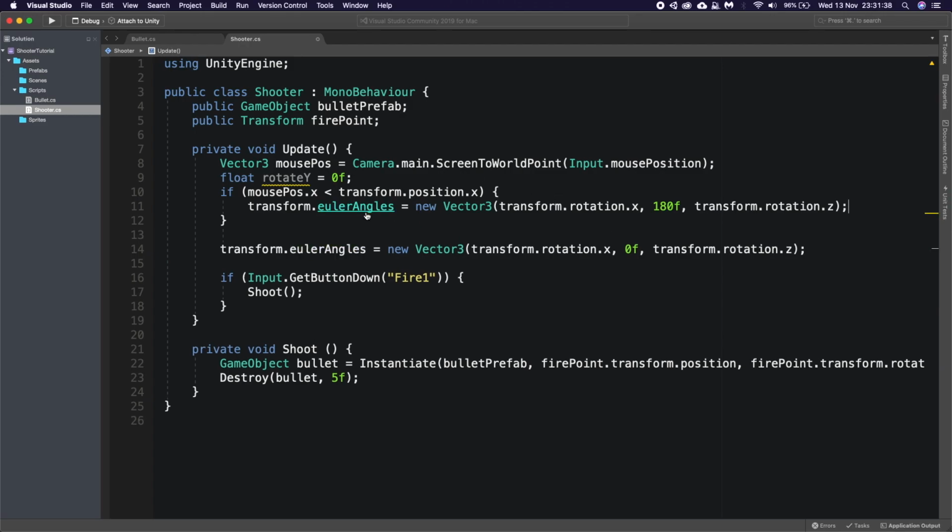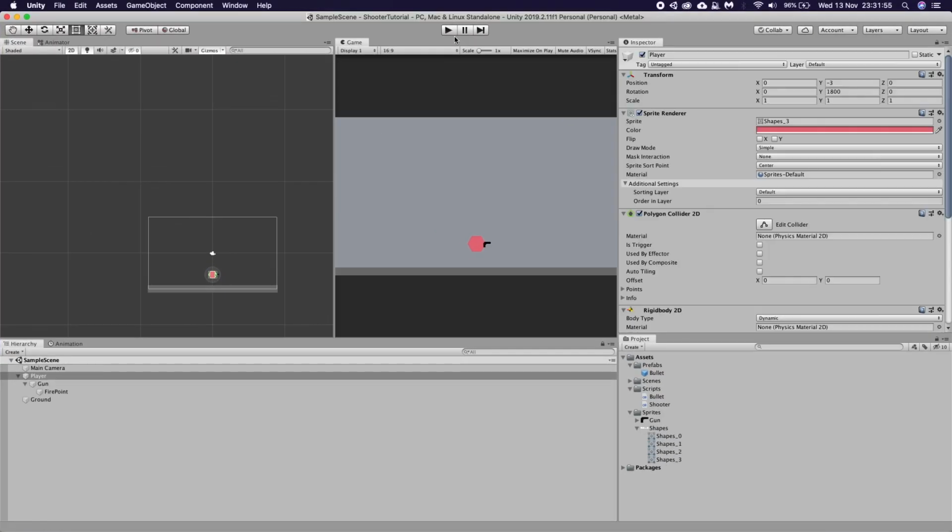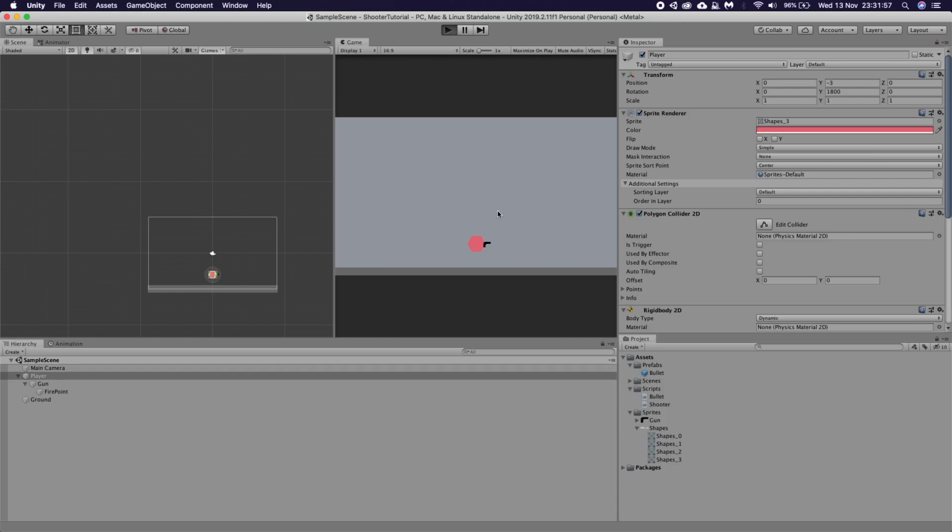We can say in here rotate y is equal to 180f if that is true, and then here we can just say rotate y, and now that fixes that issue. Nice. So if we go back to our game now and we click play, you'll see if I put my mouse over the other side, we completely flip round to the opposite way, and we can shoot back that way, shoot.